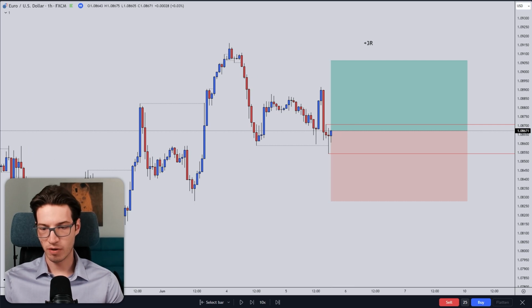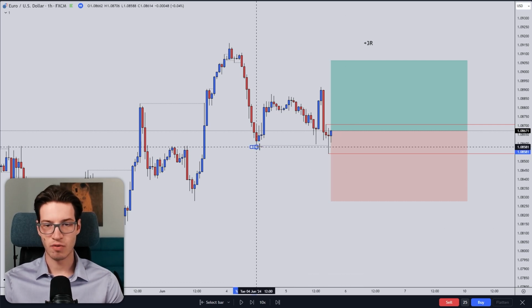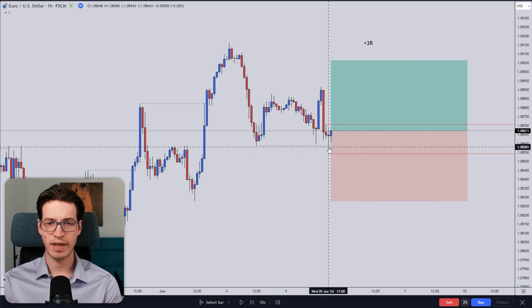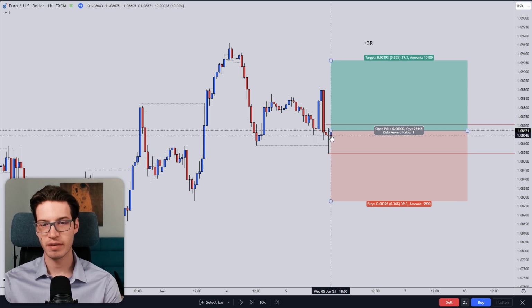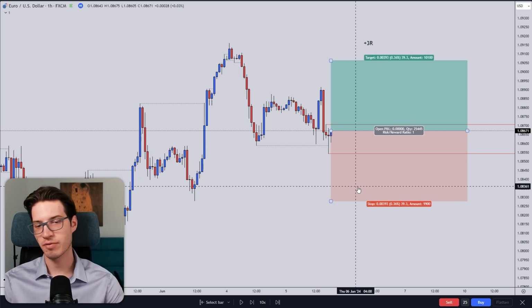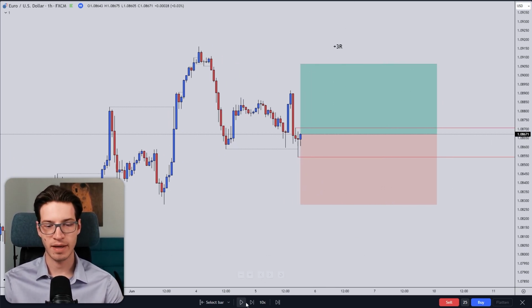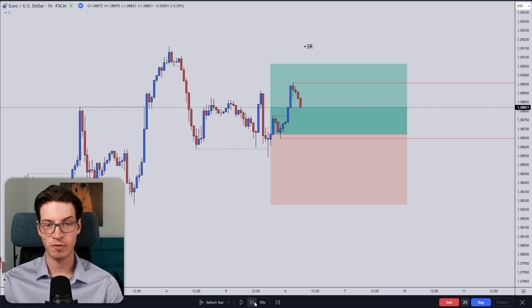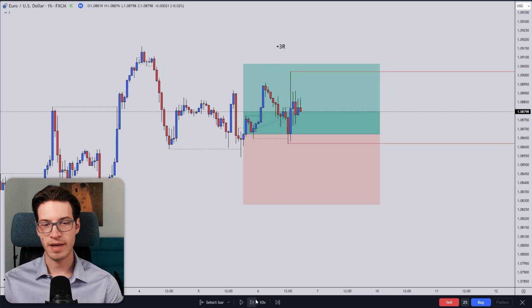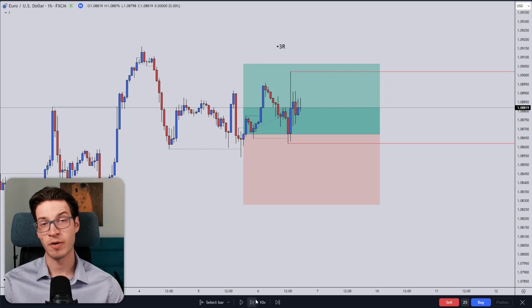Price went into the lower liquidity, as you can see right here. Printed a huge wick, rejected, nice bullish candle. That's where I entered, and this did end up hitting my take profit. For the liquidity sweep, we use a fixed stop loss and a fixed take profit, and I aim for a 3-to-1 risk to reward, and this was a 3R winner, or a plus 1.5% winner in terms of percentage,